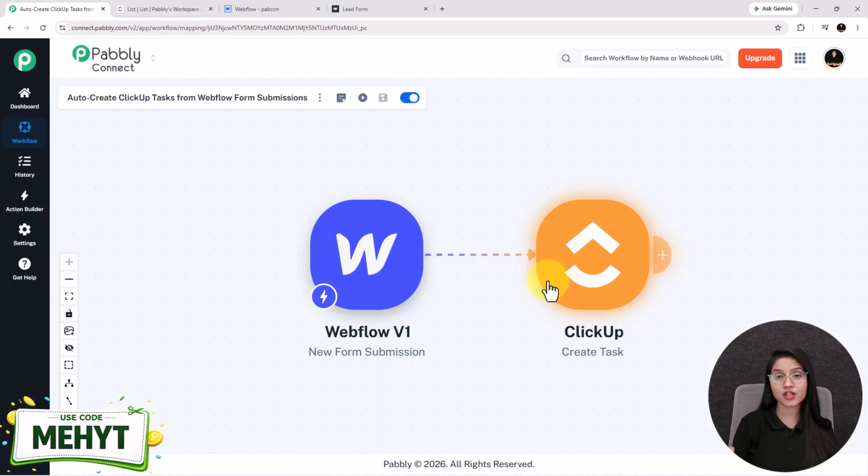For making this possible, I have created an integration between Webflow and ClickUp using Pabbly Connect. And in this tutorial, I'm going to show you exactly how you can create this complete automation yourself, step by step from scratch. But before we start building our workflow, let me quickly tell you about the tool that makes